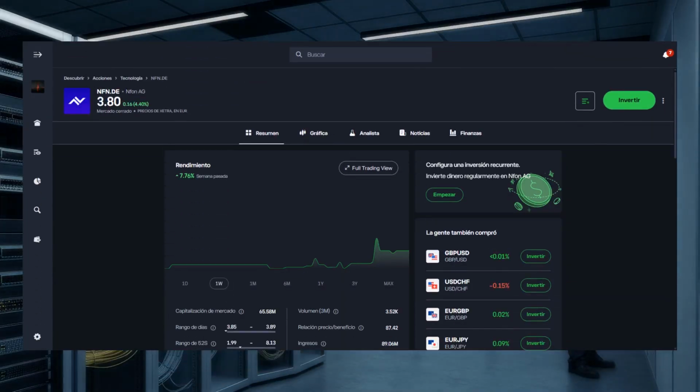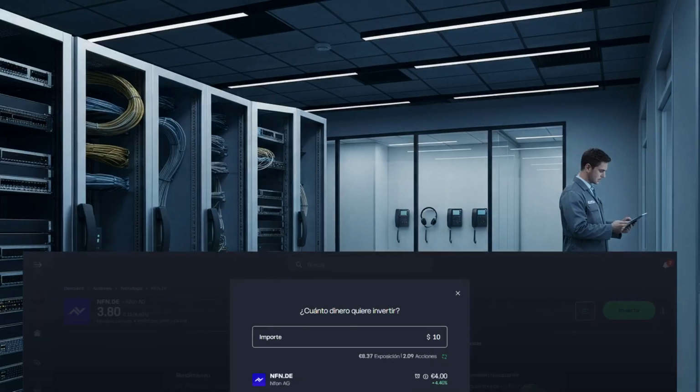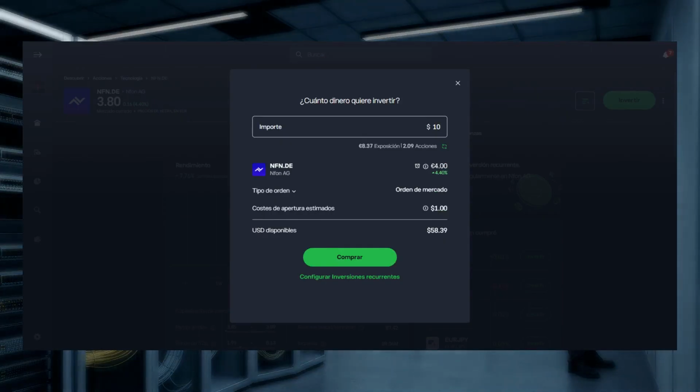On the asset page, review the company's summary, recent news, and the price chart to confirm it is Nfon AG. Make sure the page shows Xetra and the ticker Nfn.de. Click Trade or Buy, enter the amount you want to invest, then carefully review the order details and confirm